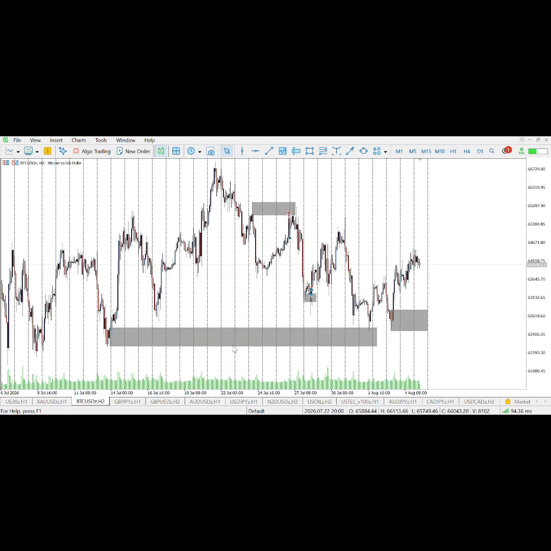So here as well, we have rally, base, drop. You can see that the price didn't spend much time here. The price didn't spend much time here. Then we have drop, base, rally. This didn't spend much. It does, but